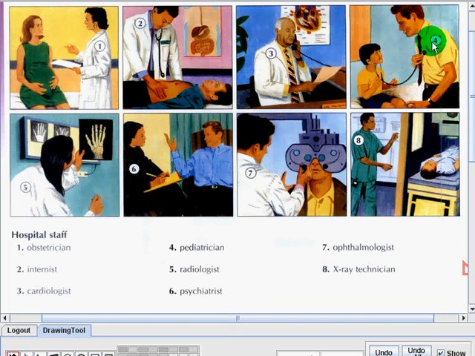A pediatrician is a doctor who takes care of babies and children. They are the ones who take care of babies and children. Next, we have